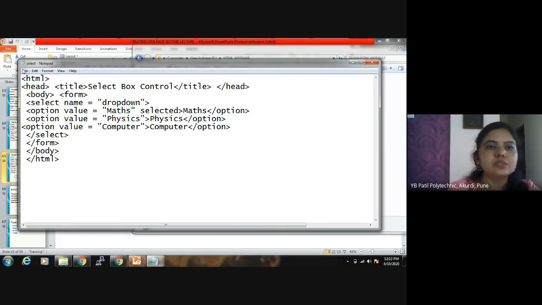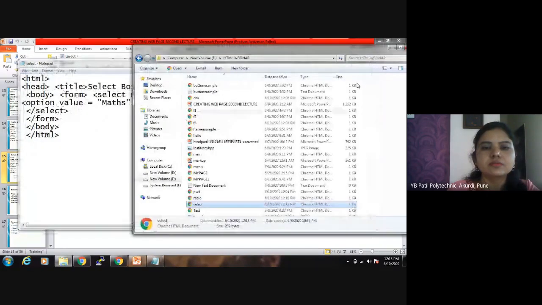When we have made the changes, save them, then close this one and click on this. So here see the output. The list will appear. When you click on this, 3 options will be displayed: maths, physics, computer. Any one you can choose from that list. This is the select box control.